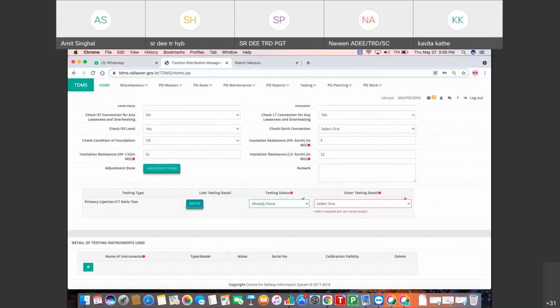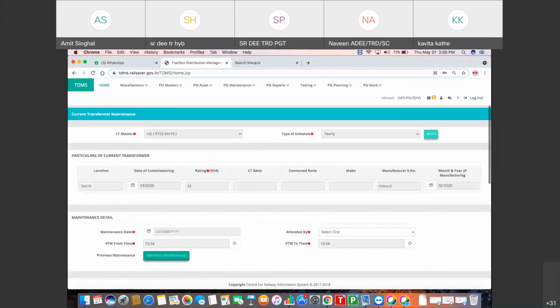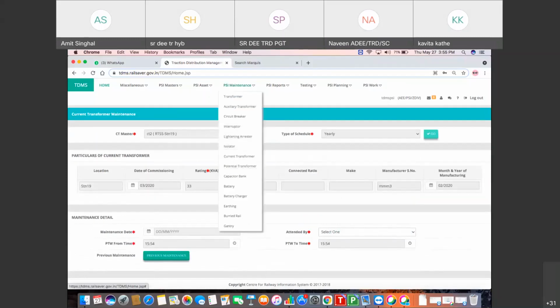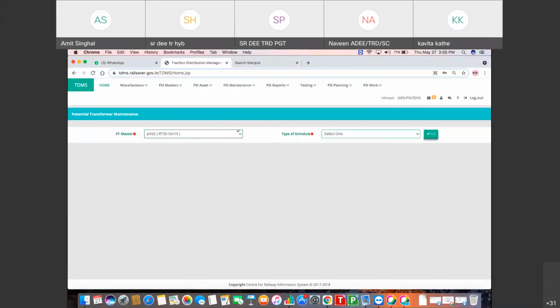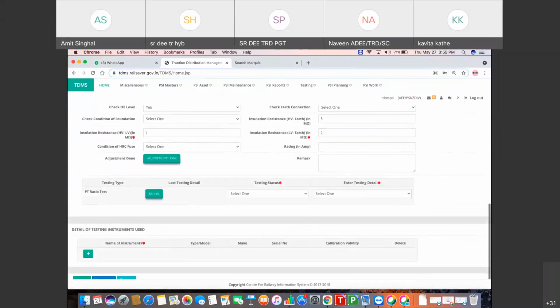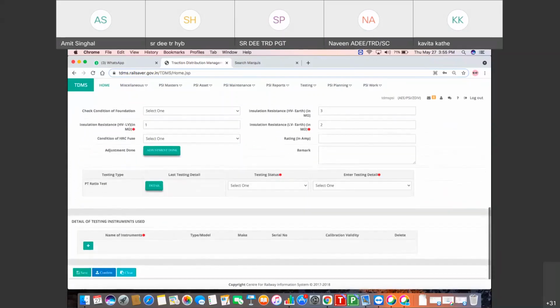The user may link the testing data with this maintenance data by clicking this value populated in the testing details field. In this way, the user may fill the current transformer maintenance data. In the same way, potential transformer maintenance data may be filled by the user. This is much the same as current transformer.